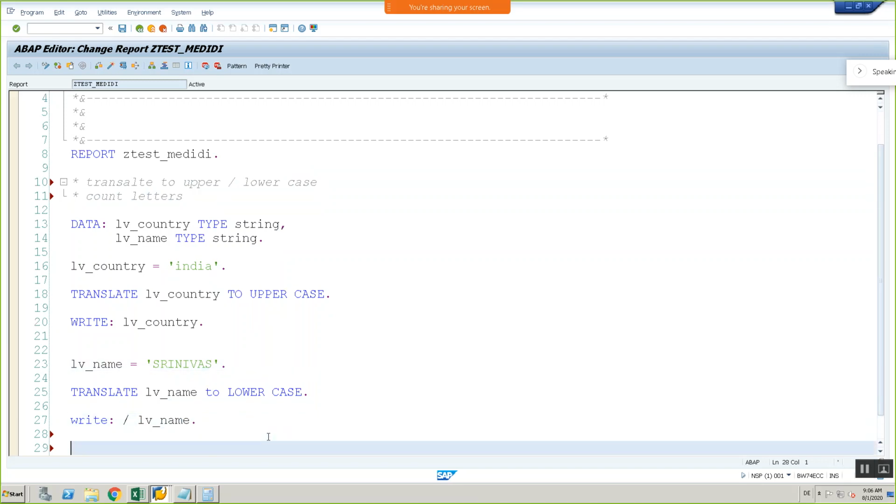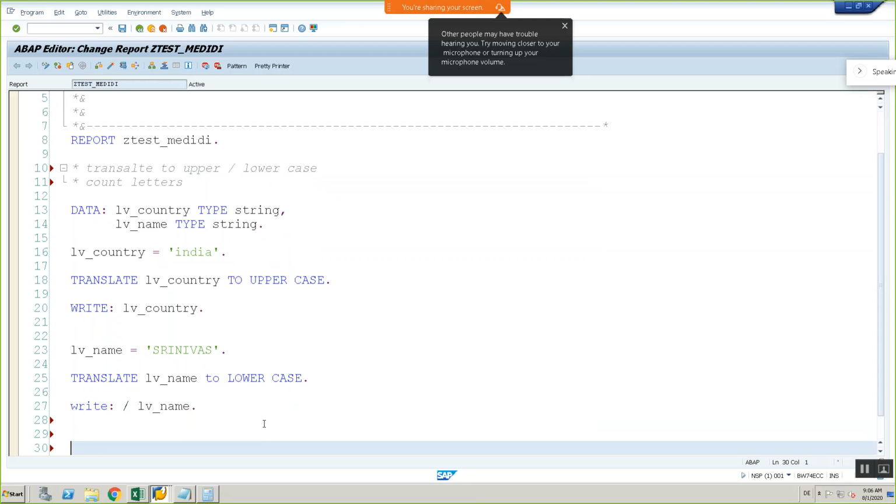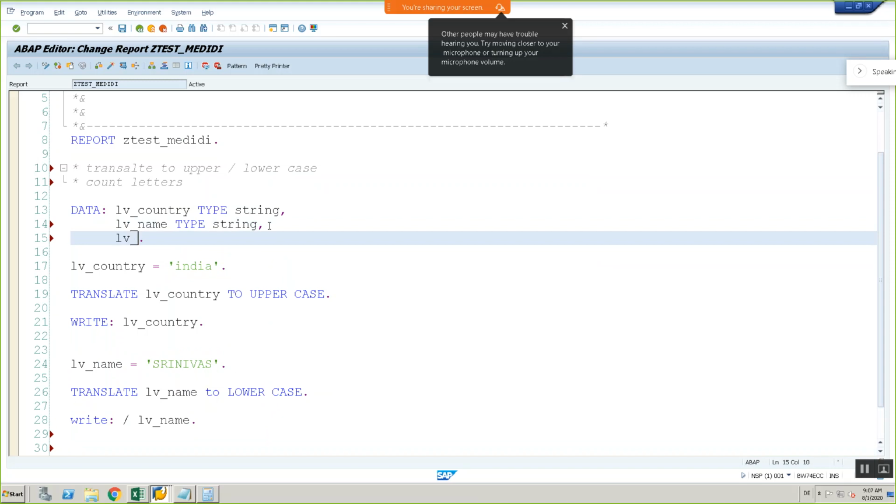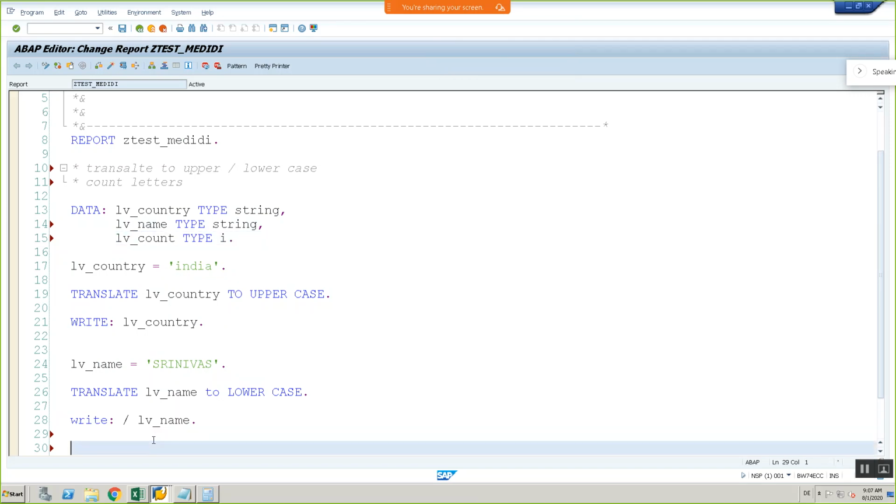Okay, next. To save the count, I need to define a variable lv underscore count, type I. Now lv underscore count is equal to count of lv underscore name.